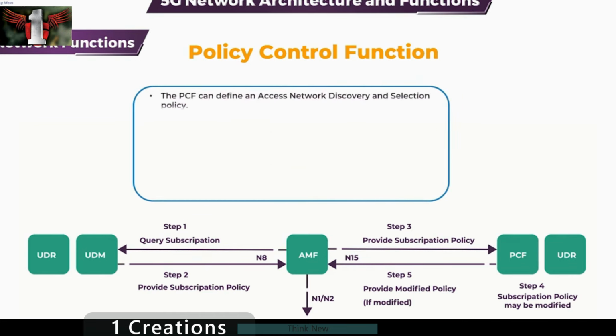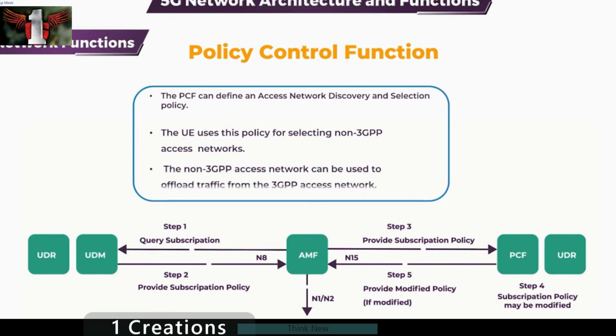The PCF can define an access network discovery and selection policy. The UE uses this policy for selecting non-3GPP access networks, for example, a wireless local area network, WLAN, based upon Wi-Fi. The non-3GPP access network can be used to offload traffic from the 3GPP access network. The UE can be provided with a WLAN selection policy which specifies the condition under which the UE should search for a WLAN and the set of selection criteria, for example, the maximum WLAN load and a list of service